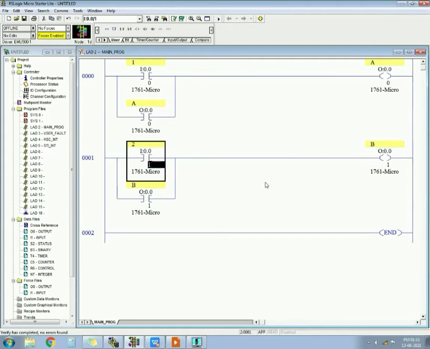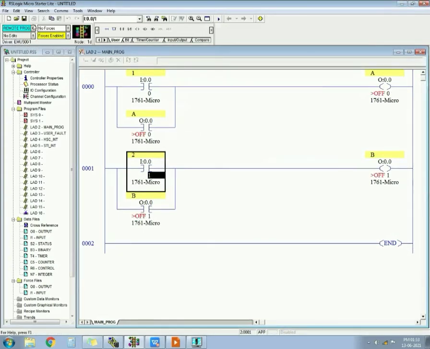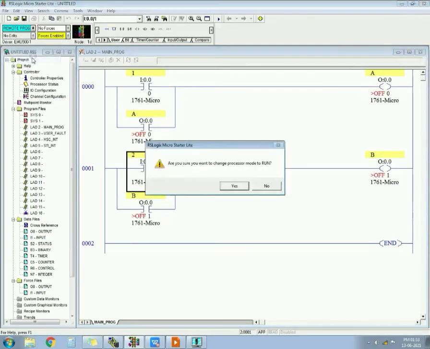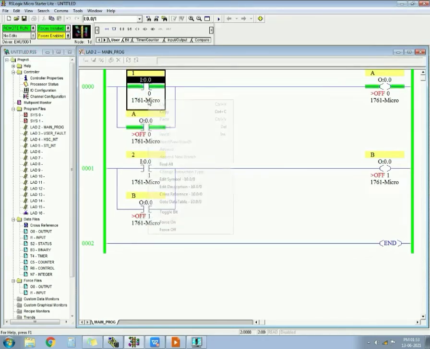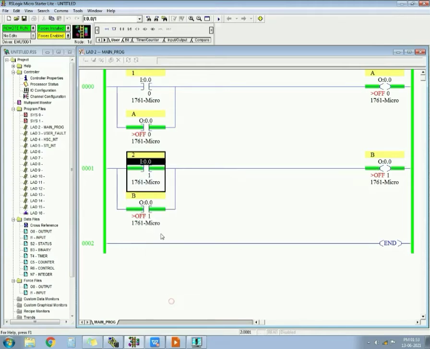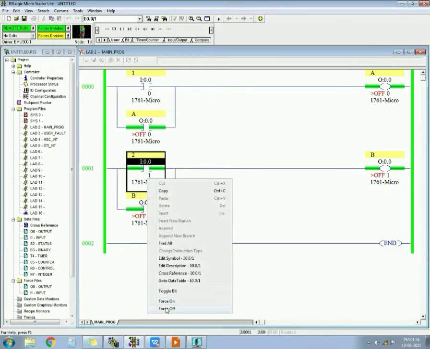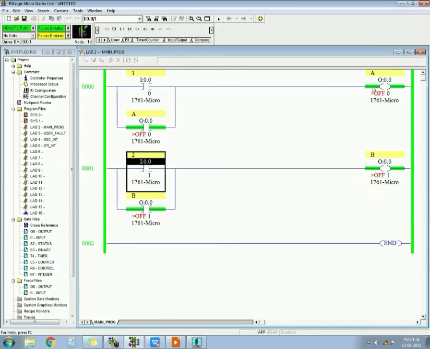And the catch over here is that when you press the second push button, output A gets off. Okay, let's run it, then I will explain. When the first push button is pressed, output A gets on. Correct. When the second push button is pressed, output B gets on, but output A should get off.